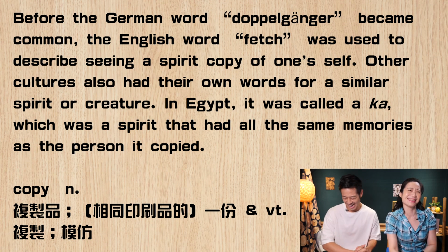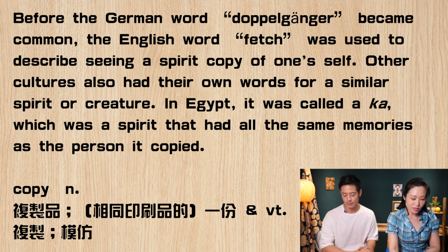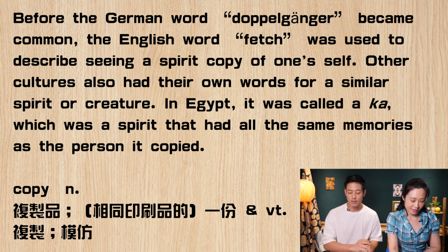Wow. Yeah. So the word fetch here, it's not used anymore in modern culture to describe someone who looks like someone. So this is something that's very archaic or very old way of saying it. OK，所以 fetch 在英文里面的用法，其实是比较旧式的英语用法了哈。